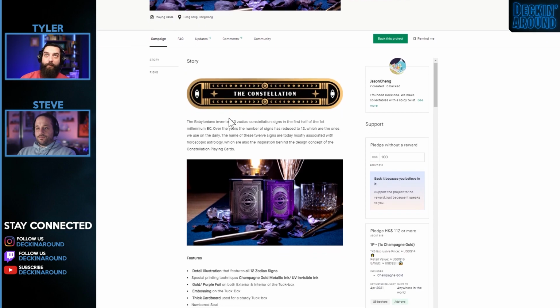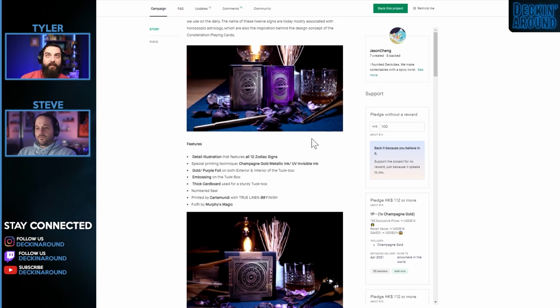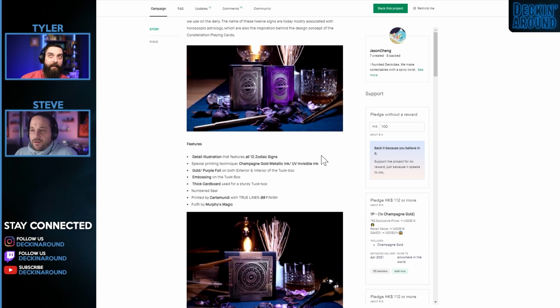Here we go. Goes right into the story of constellations. Babylonians invented 13 zodiac constellation signs in the first half of the first millennium BC. Dope. Tells you a little bit about it. Gets into more detail about constellations, which I think is really cool. Detailed illustration that features all 12 zodiac signs. Special printing technique, champagne gold, metallic ink / UV invisible ink. Guessing that sounds really cool. Do you think that's on the tuck, though, or the cards? I'm thinking it's on the tuck. Okay. So that would be one thing I would...